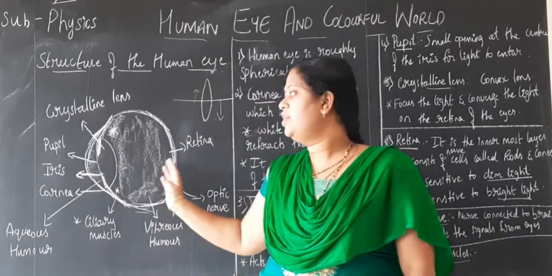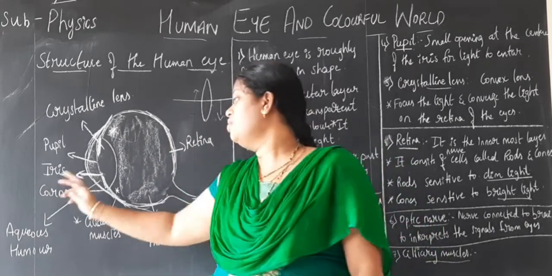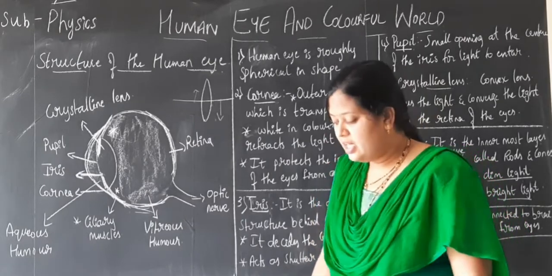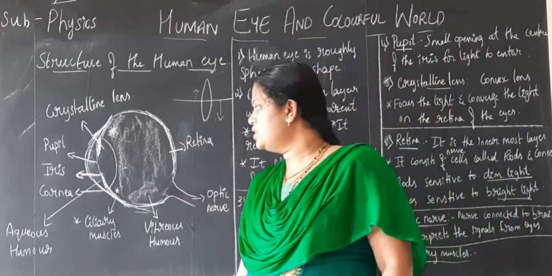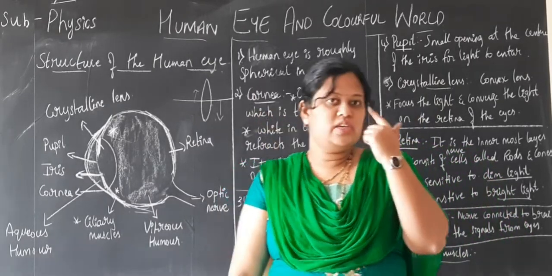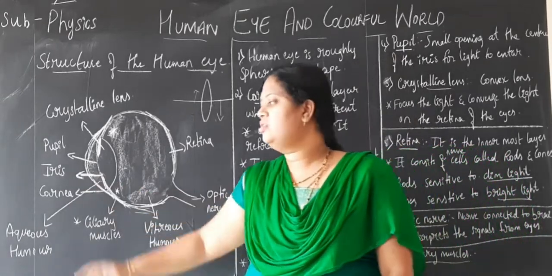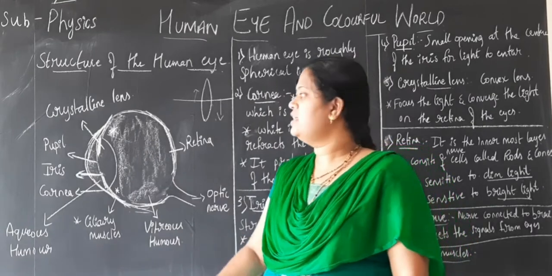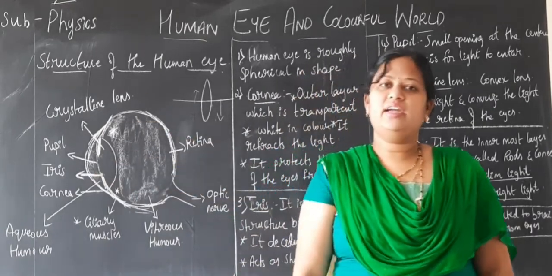This is about the different parts and structure of the eyes, and about the aqueous humor and vitreous humor. Both are transparent liquids which are present in our eyes. The liquid is always watery when you see the eye, isn't it? That is due to this aqueous humor. But what is the work of this vitreous humor? As I said, it is present to hold the shape of the eye.